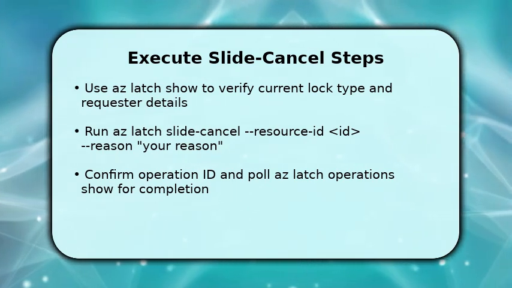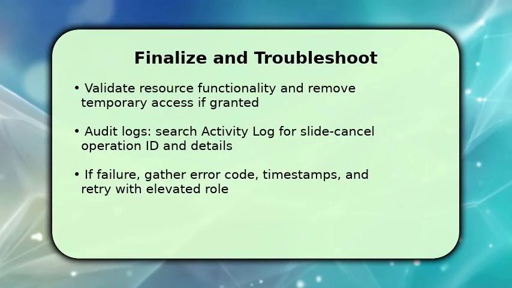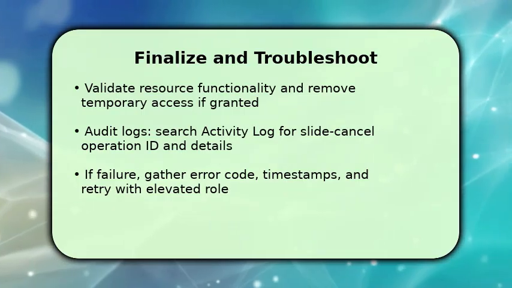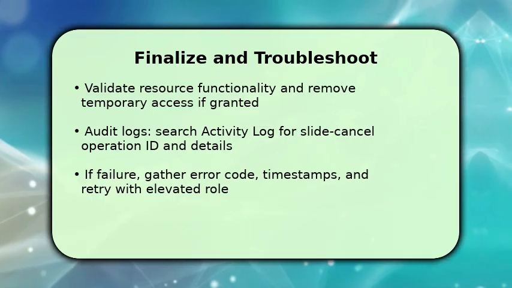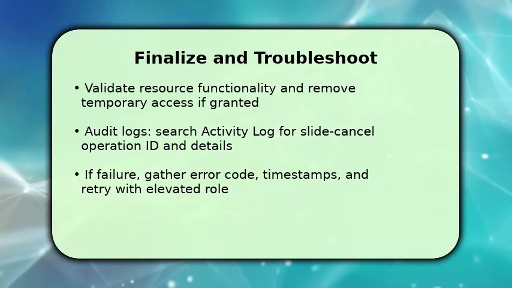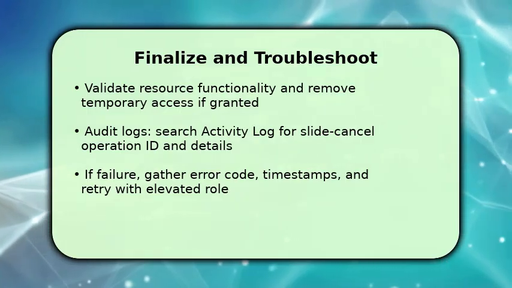the operation progress. You finalize by validating the resource functions as expected and revoking any temporary access granted for the operation. Then review the activity log to confirm the slide cancel operation ID and its outcome so you have an audit trail. If the cancel failed, capture the error code and timestamps, then retry with an elevated role or escalate